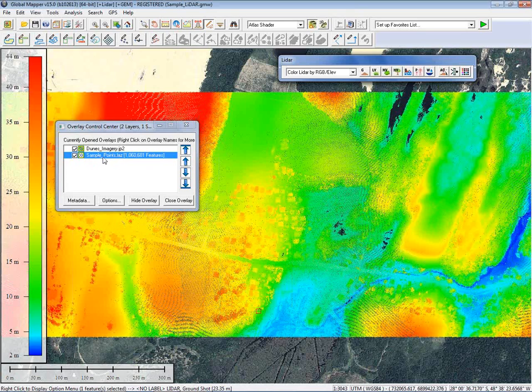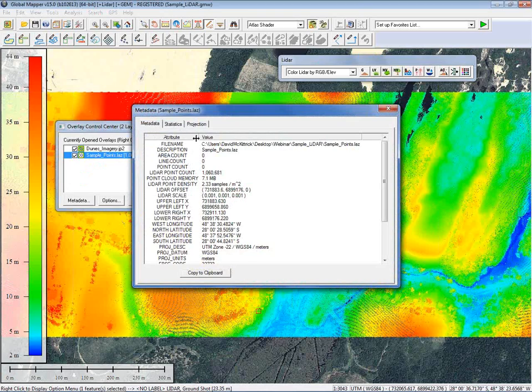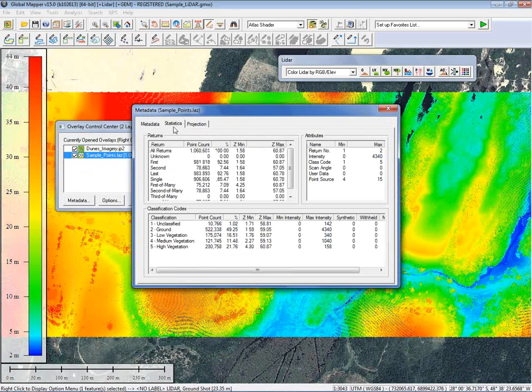With the LiDAR point cloud layer selected, I'll choose metadata, and there's standard metadata variables in here. The coordinate parameters are noted in here, the volume of the data that's in this layer, but we also have a more detailed statistical breakdown. This is again unique to working with LiDAR data, where we can see a breakdown of the point distribution within this layer, both in terms of its classification,